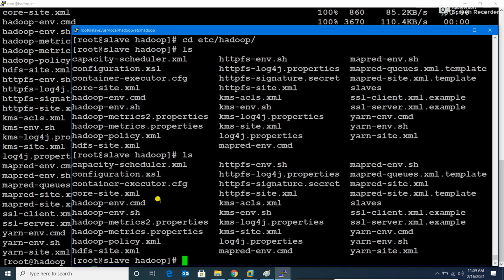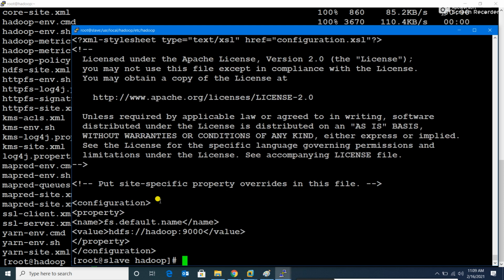So all these files got updated. Do you want to check? So cat core-site.xml. It was empty initially, but now you can see the name node is Hadoop and 9000 is the port, understand? Name node is in which machine? Hadoop machine. So here also core-site will have the name node's address. So hadoop:9000, this is the name node's address. So all the configurations are perfect.